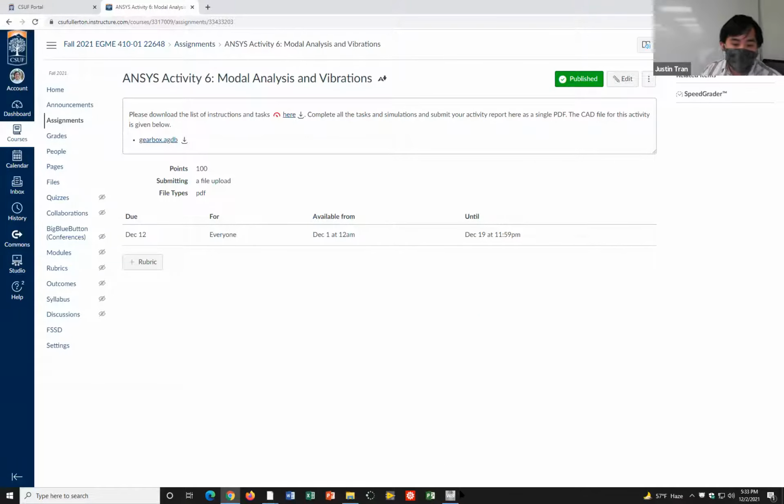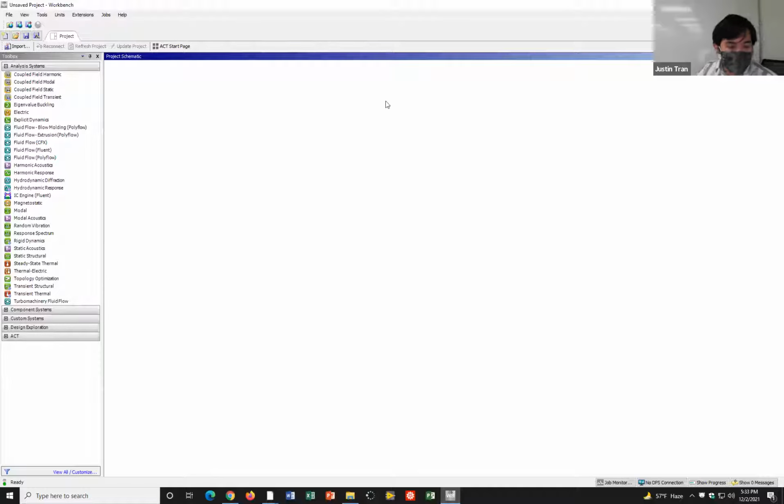All right, so let's go ahead and open up Workbench, assuming that you downloaded the file. Where we're going to start today, even though the subject for today's activity is modal analysis, is actually with static structural. If you're purely just interested in the natural frequencies, then you don't have to do a static structural first, so this is kind of an optional one. But I did want to show you what options are available to you if you do start with static structural. So we're going to start with that today. Let's go ahead and drag static structural over here.